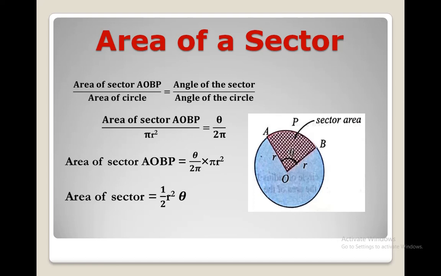By applying all the values, we have area of sector AOBP divided by pi r square is equal to theta over 2 pi. We shift pi r square to the right side of the equality. It goes to the top place of multiplication. Simplification gives us area of sector is equal to 1 by 2 r square theta. Dear students, you need to remember this rule. We will utilize both the rules we derived in our today's exercise 7.2.